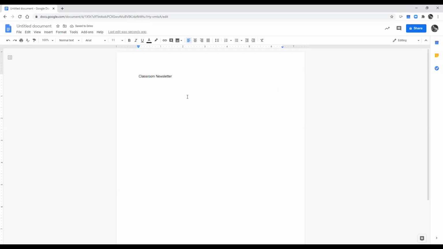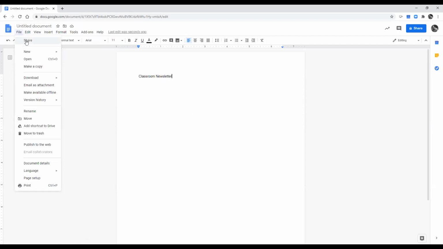I could add other things. I could add sections, whatever I wanted to add to the letter. I could add headings and so forth. Once I'm done and I want to share this with others, then I will go over here to the left-hand side and hover over the word File, choose that. And then one of my options, the first option, is Share. I would choose Share